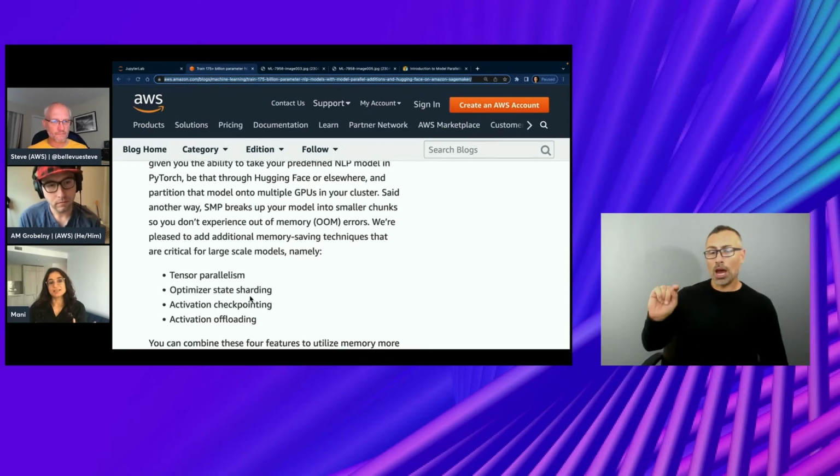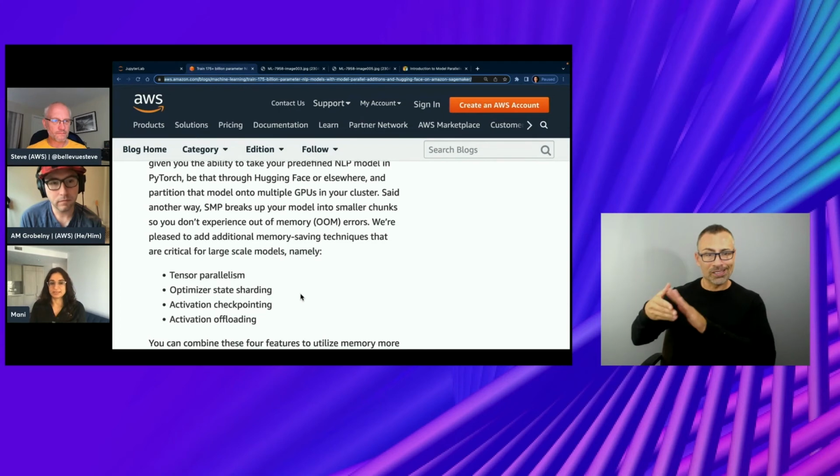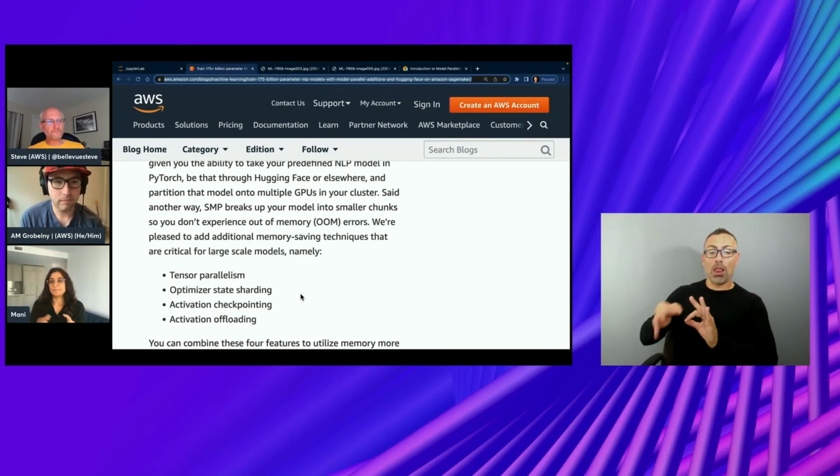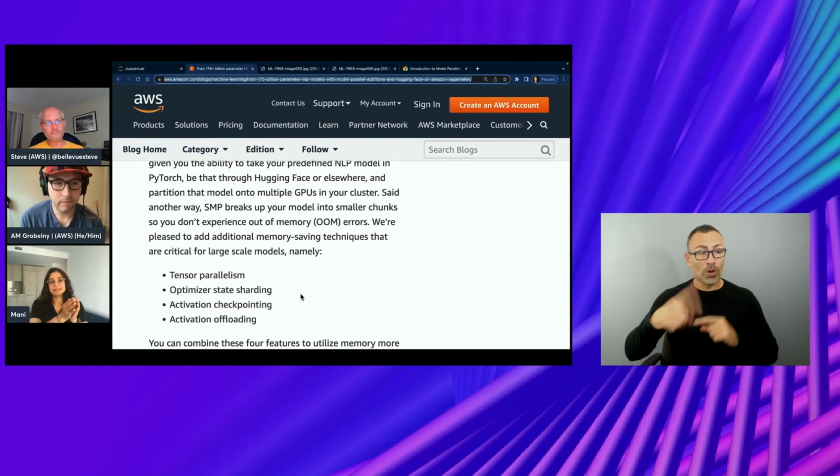This optimizer has a lot of weights associated with it. With optimizer state sharding, when we say optimizer state, we're actually talking about the weights and stuff like that. So when we say we are sharding, we are basically dividing these weights